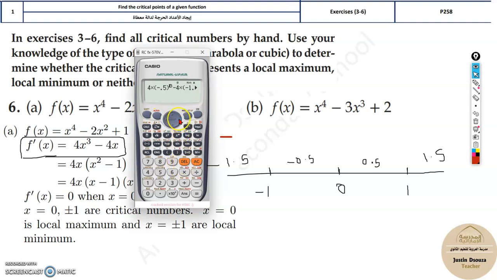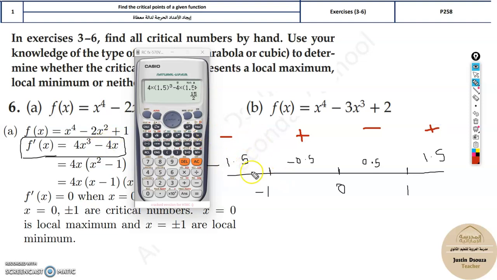0.5. Let me change the x values to 0.5. Okay, now I'm getting a positive value over here. Now again change it to positive 0.5. I'll change the negative sign. I'll remove the negative sign. And now again I got a negative sign. And then I will have to change to 1.5. So it's again a positive value. So what I am getting is